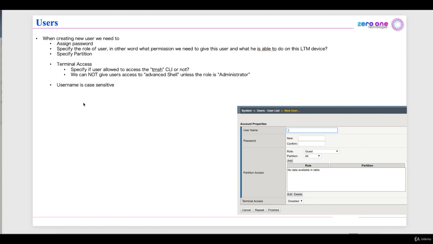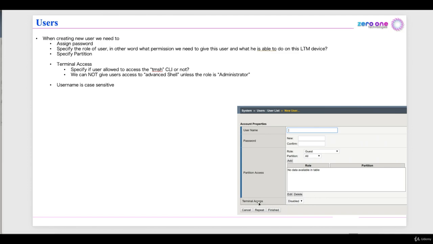Username is case sensitive, so capital and small matters. Give him a password and give him a role. Role means what can the user do, sort of a package of privileges. Do you want to give the user terminal access? You can define and then click finish. Now,